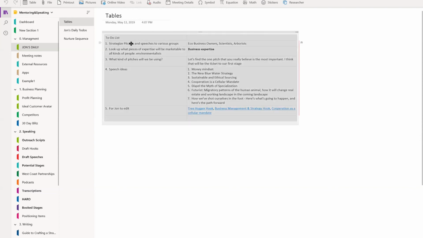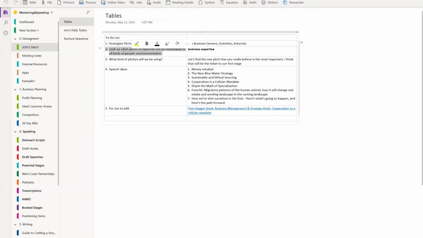John will start his day with strategy work on pitches, and he'll dig in on some expertise. So do some really deep research on whoever it is that we're working with. Come up with maybe speech ideas, because sometimes what I'm doing isn't being interviewed where it's active like what we're doing here. Sometimes what I'm doing is presenting, which means I have to come with a deeply considered long form presentation that I can just deliver.